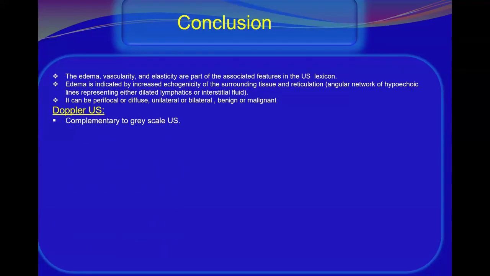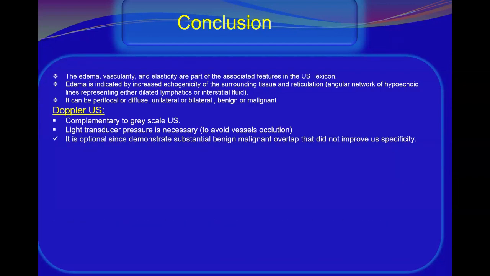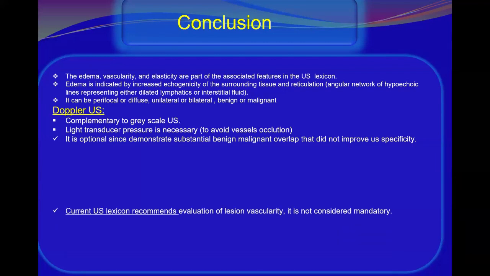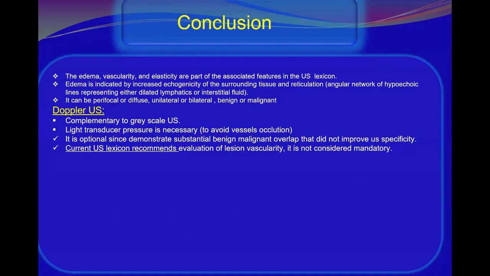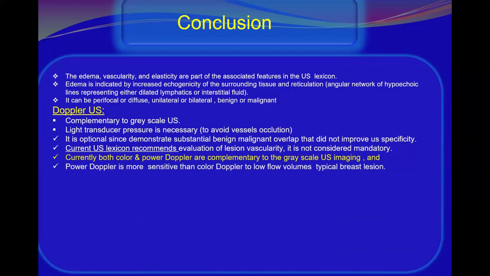Regarding Doppler ultrasound, it is complementary to grayscale ultrasound, and light transducer pressure is necessary to avoid vessel occlusion. It is optional since it demonstrates substantial benign-malignant overlap that did not improve ultrasound specificity much. The current ultrasound lexicon recommends evaluation of lesion vascularity but it is not mandatory. Currently, both color and power Doppler ultrasound are complementary to grayscale imaging, and power Doppler, as we mentioned, is more sensitive than color Doppler to low flow volume typical of breast lesions, and may improve sensitivity of